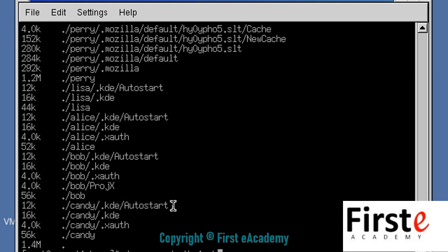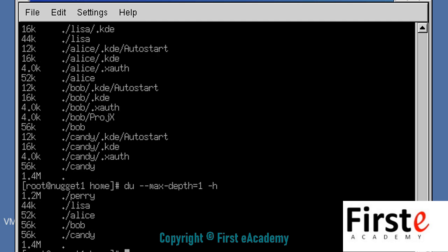Now what this will do is it will go in and it will still count up all these subdirectories here. Okay, like Alice's KDE AutoStart and Alice's KDE and XAuth. But all it's going to display is the stuff that's 1 deep, the max depth 1. So 1 deep below the home directory is the only summaries that are going to be printed out. Okay, so let me do this. And you'll see